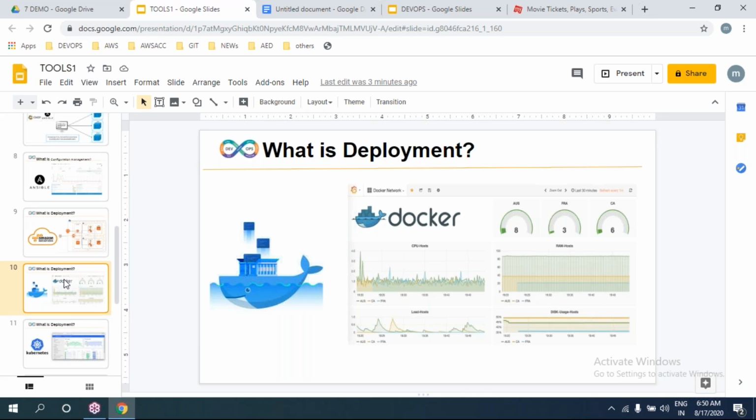So the Docker container is an isolated area which is specifically for deploying our application. Clear? The Docker container is an isolated area, specifically for deploying an application. So for example,